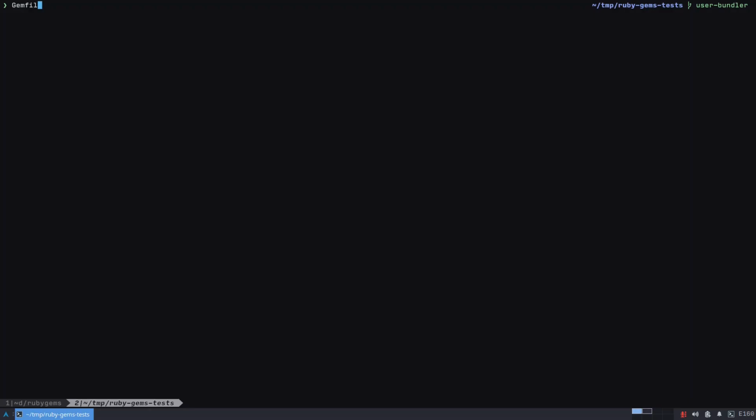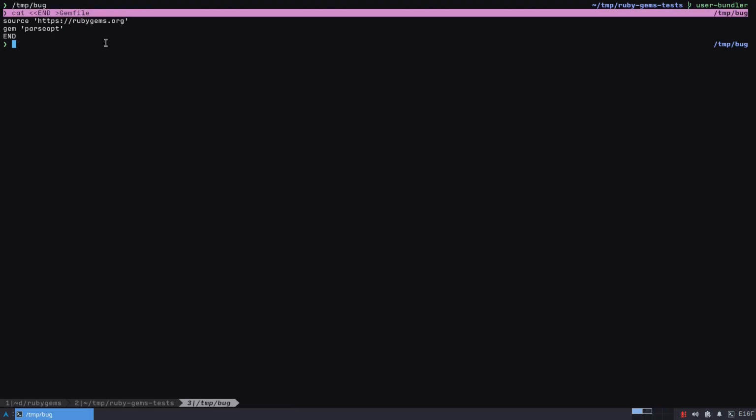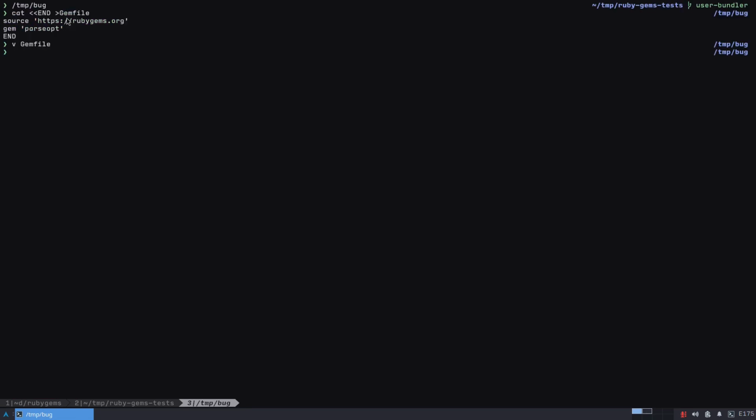Here I have a very simple test. So I created the Gemfile. Basically, I'm saying this is a dependency, like if it was an open source project. And then you just do bundler install,